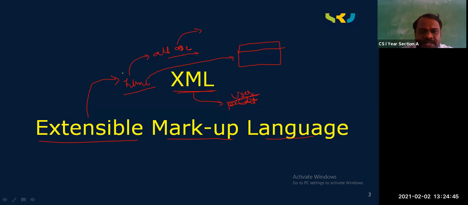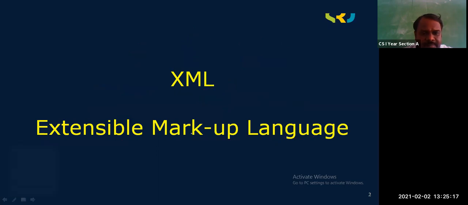And the main difference is HTML is for displaying the information on your browser based on the given format. But this XML document is for maintaining the information, which is used for storing the information in XML form. So we will learn the advantages of all these one after the other. First we will go to the first slide of XML.